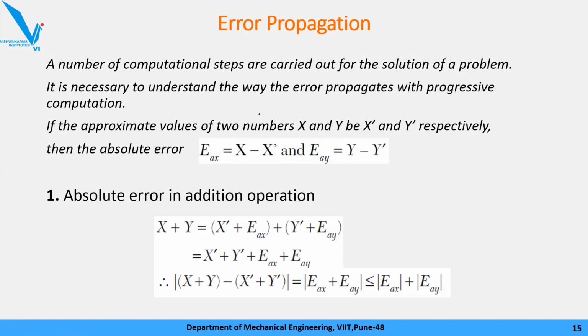So what happens whenever we have data, the data itself has some kind of error because of the approximation, and we are using that data for a numerical method, or we are using that for our calculation. तो क्या होगा, चलो देख, for example एक लेते हैं, x value है, एक y value है. X value which is approximated to x dash, okay, and y value is approximated as y dash. So normal letter x and normal y is your absolute value, true value. Okay, and x dash and y dash are nothing but your approximated values.